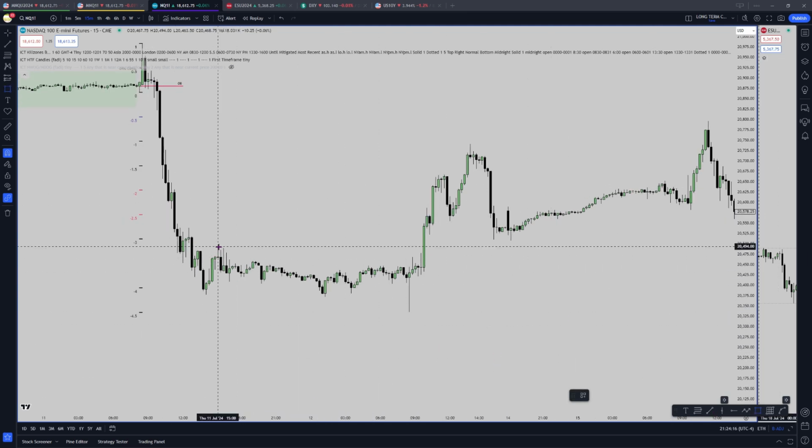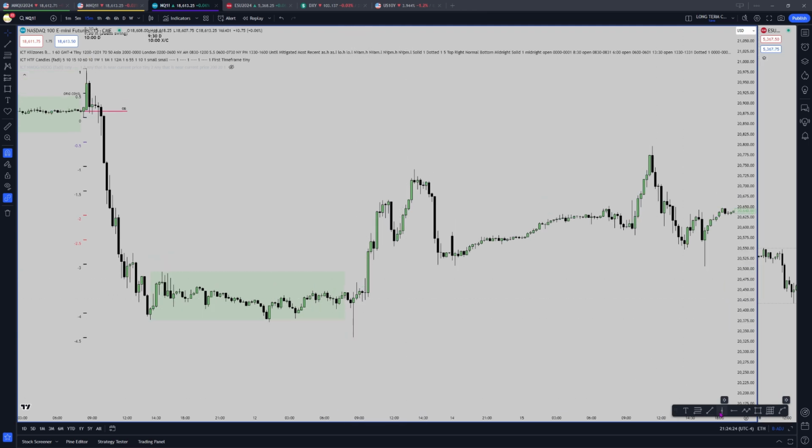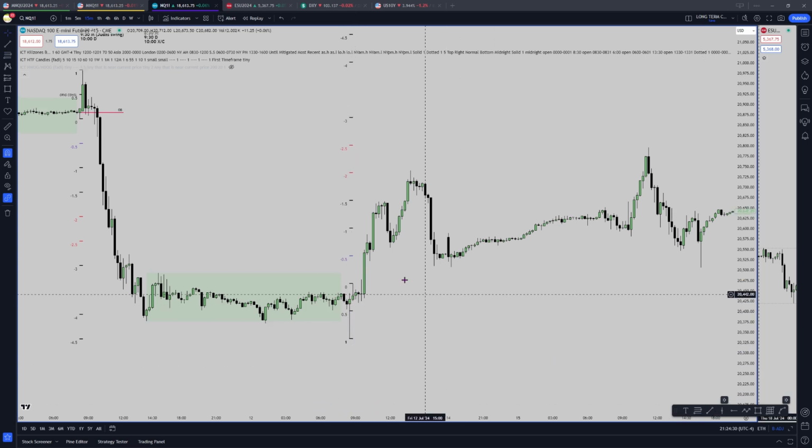Another example would be the following week, or actually Friday's a really good example. We have this accumulation all throughout Thursday, and then Friday 8:30 manipulates. So what would you expect 9:30 to do? Distribute. So we draw our manipulation leg. 8:30 dips lower during high impact news, and 9:30 to 9:45 just absolutely rips to the upside,